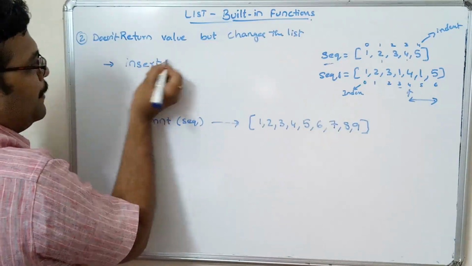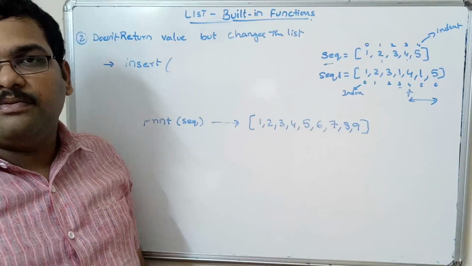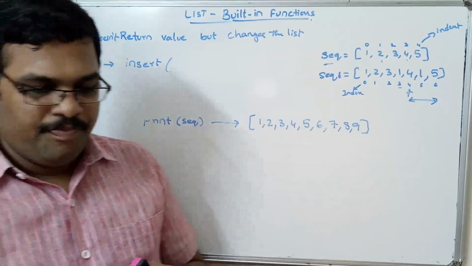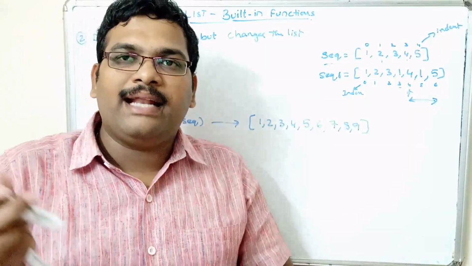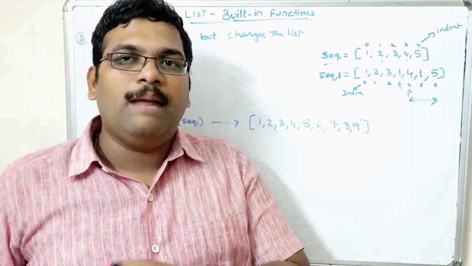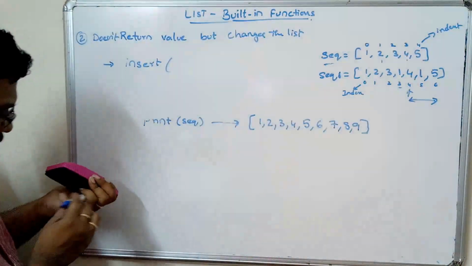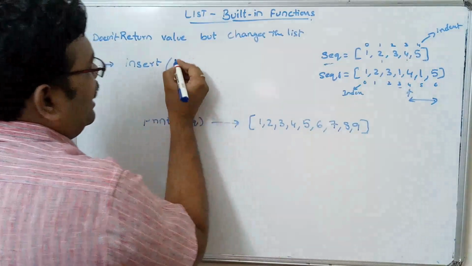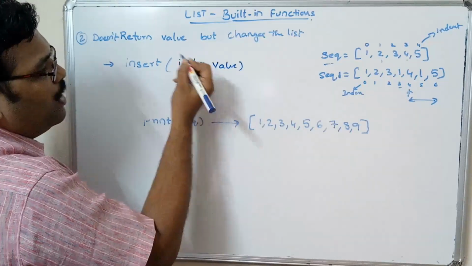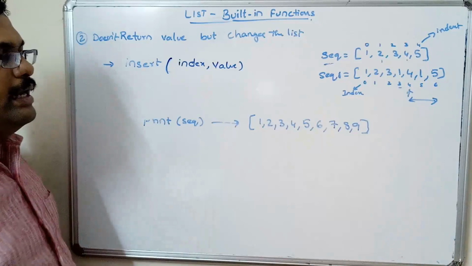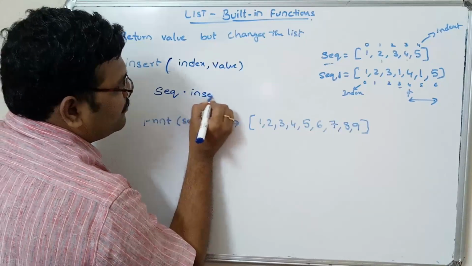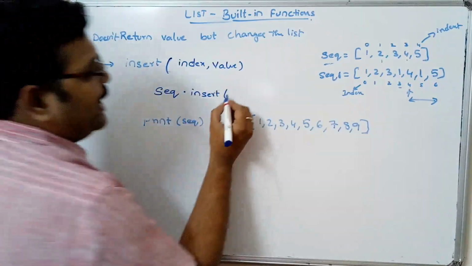Insert. So a slight change with this insert function: by using the append function we can add the element at the end of the list, right? By using the extend function we can add multiple elements into the list, but by using this insert function we can insert the element at a particular index value. So whatever index we want, we can add the value at that particular index. See, so sequence dot insert of, give the index 0,